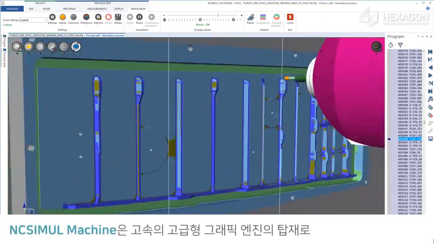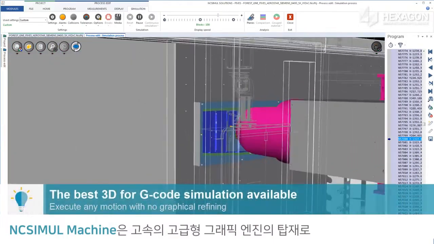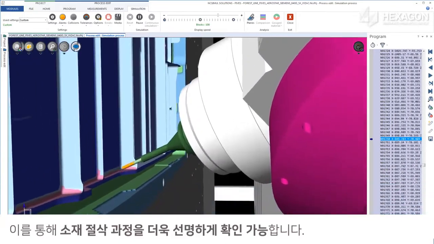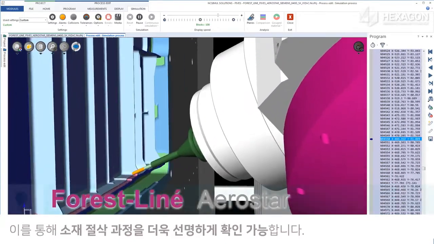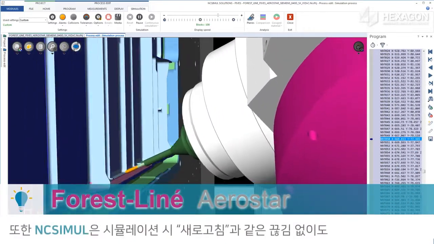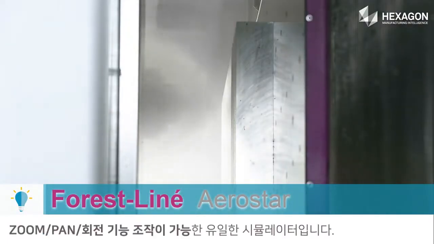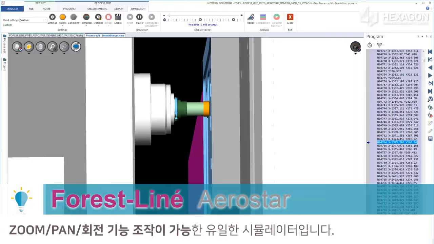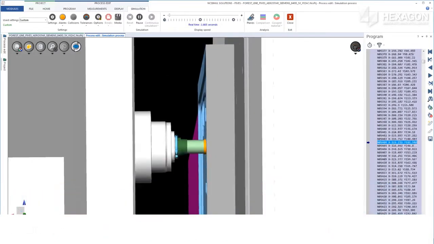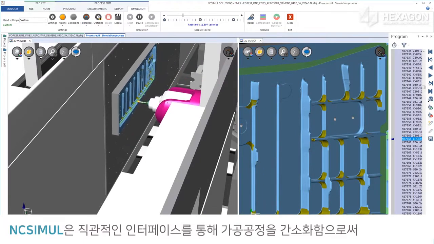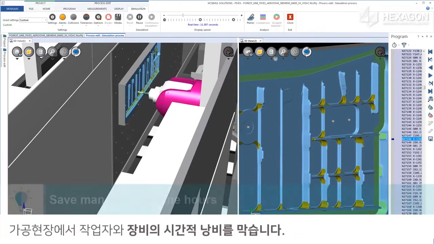NC Simul Machine utilizes the fastest, most advanced graphic engine available, allowing it to remove clear-cut volumes of material in the simulation environment in either part or machine view. It is the only G-code simulator that can be continually manipulated through zoom, pan, and rotate commands without any instances of refresh latency. By streamlining the production process via an intuitive interface, NC Simul saves both man and machine hours